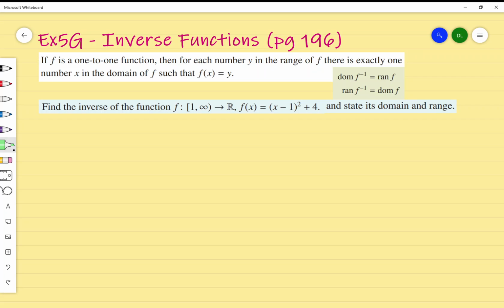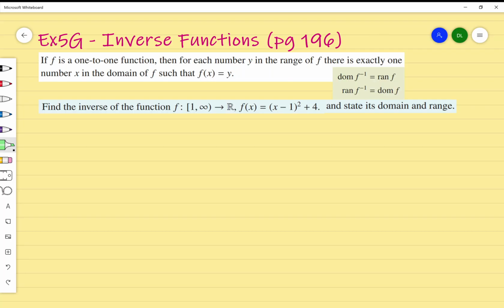Hey 11, this is an introduction to exercise 5G on inverse functions on page 196 of your textbook. Now we've gone through inverse functions in the past, especially looking at when we have our logarithmic or our exponential functions. But today we'll be looking at the idea of applying the domain and range in our understanding of the inverse functions. Now you may well have already completed this in terms of our chapter 13 content, but this is just some extra revision before we move on to our next topic, which heavily involves the use of domain, range,